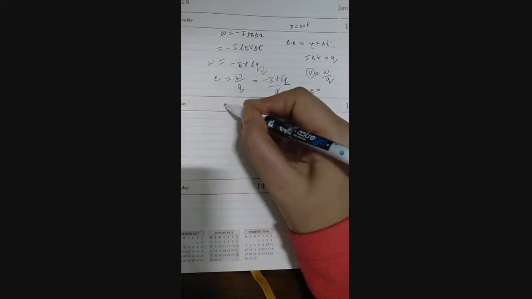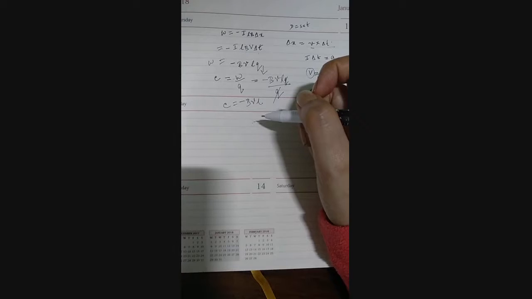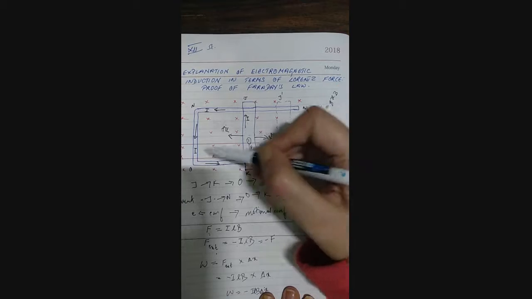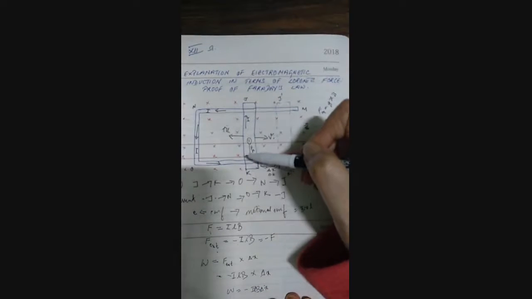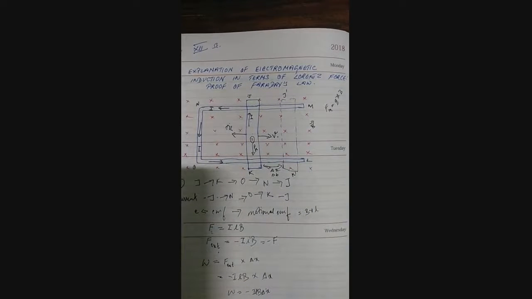So your EMF is equal to minus BVL. In the time interval del t, the area of the circuit changes. Let me move back to the diagram over here. Initially the area of the circuit enclosed by this rod and this U-shaped semiconductor was, I'll write it over here, initially the area was